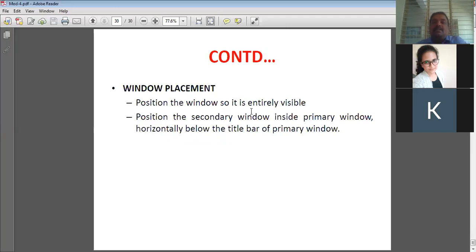What it means is, when there are multiple windows, primary and secondary, the secondary window should be below the primary window title, or inside the primary window, so that the secondary window is treated as a part of the primary window. At any point of time, the secondary window should not be made independent. It should be a part of the primary window itself. That's what the meaning is here.